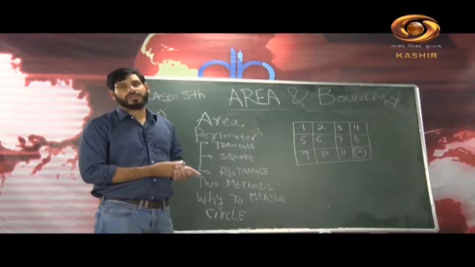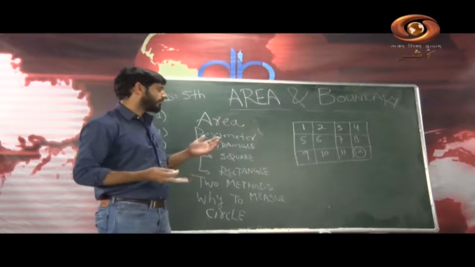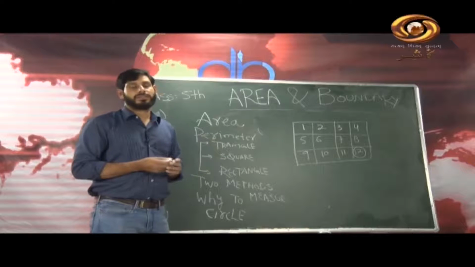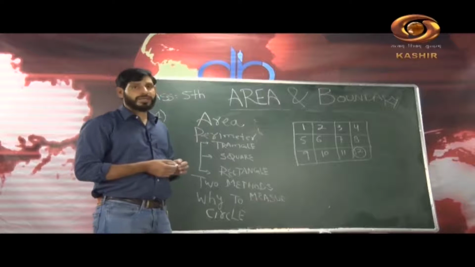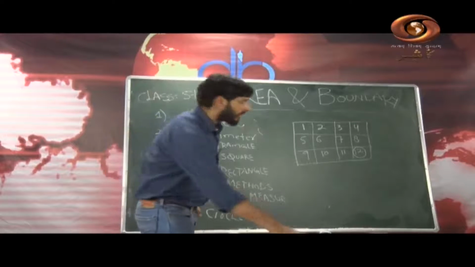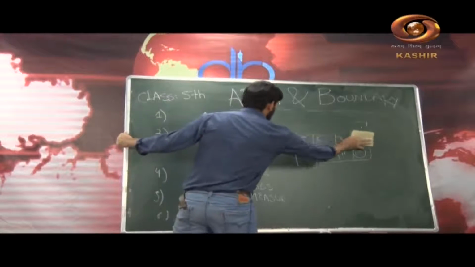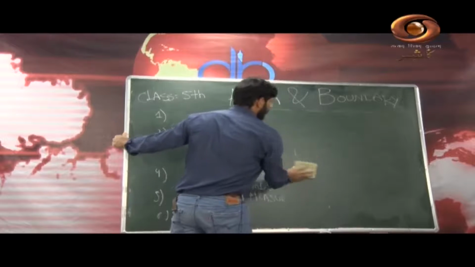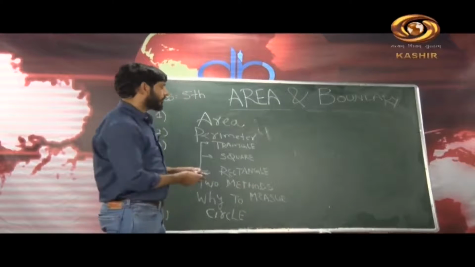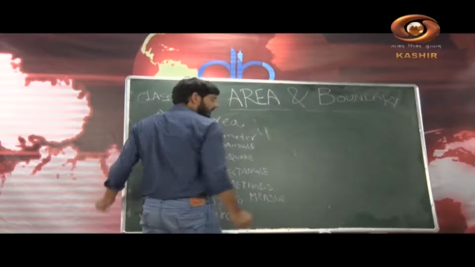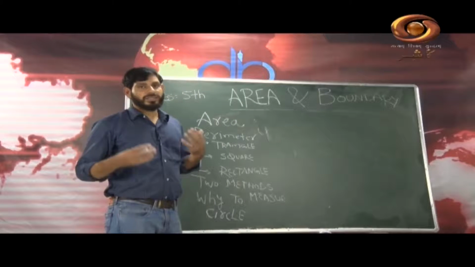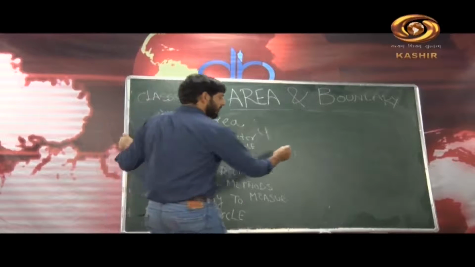We saw it, though this is very simple, but it is not used in practical ways. In practical methods we use formulas. So, what are the formulas for calculating the area of a square and a rectangle? For a square, if we look at it, actually it is a line. It is one line,